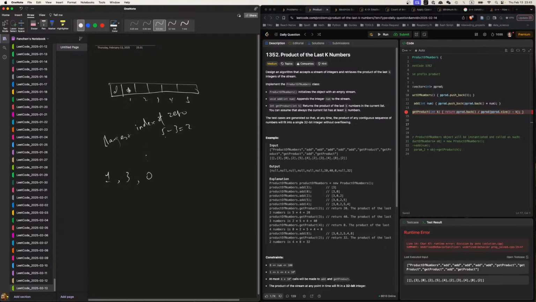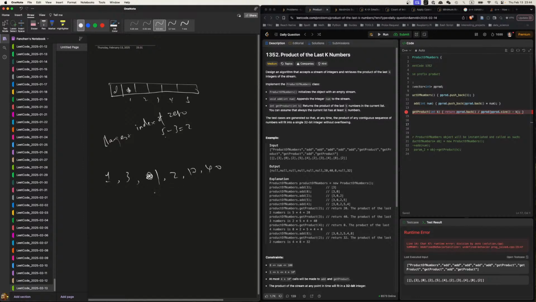And if that's how you handle 0, then can we say every time we hit 0, we just reset to 1. So now it's going to be 2, now it's going to be 10, now it's going to be 40, right? So if I get a k, and k is equal to 4, right? 1, 2, 3, 4.